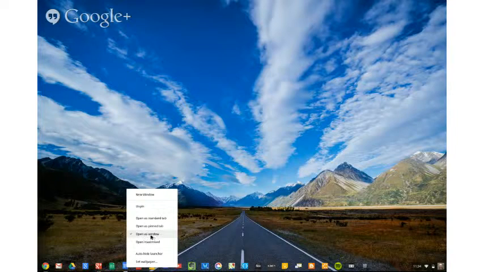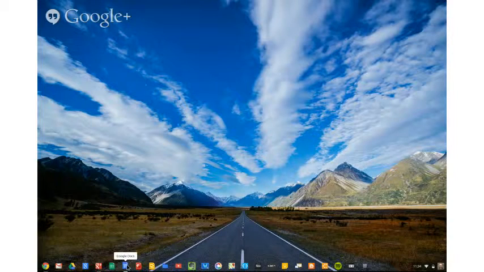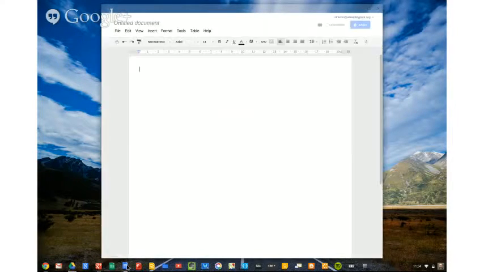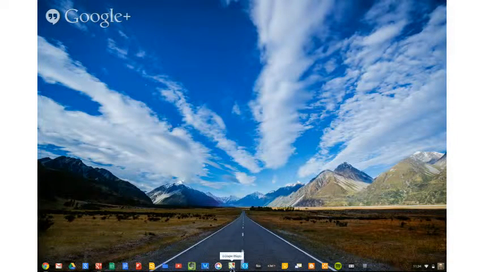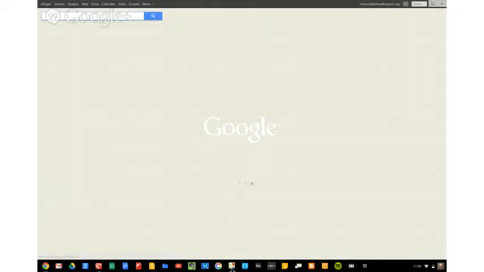What I quite like is open as a window, so that opens it as its own little application, or you can open it maximized. That basically means it opens full screen. So this is Google Documents. If I click on that, I'll get a full screen word processor with nothing else there to confuse me, if you like. Others, for example, Google Maps, I've got set to go full screen, and Google Maps will load in a second,